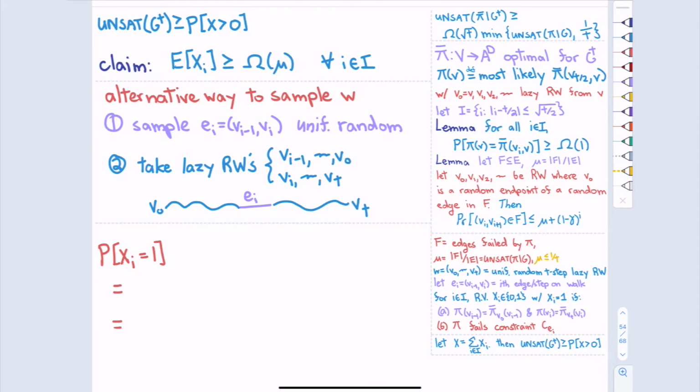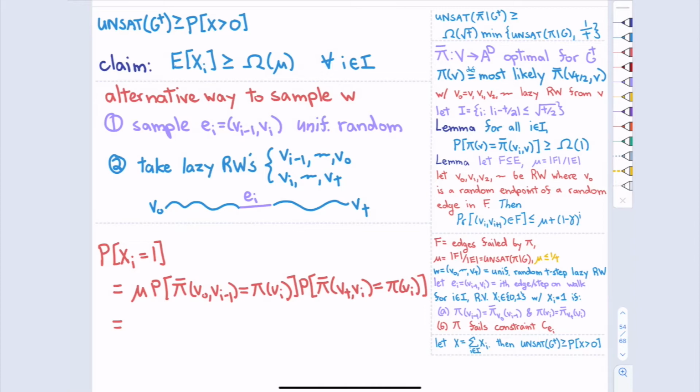Okay. So the probability that xi is equal to 1. First of all, it needs to be a bad edge for xi to be equal to 1. It needs to be one of the edges that pi fails. Right, there's the definition of our random variables. So first, I need to sample e_i to be one of the bad edges.